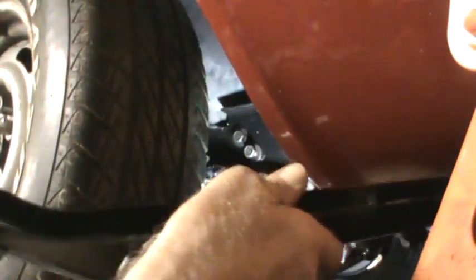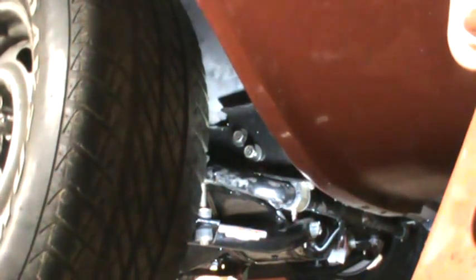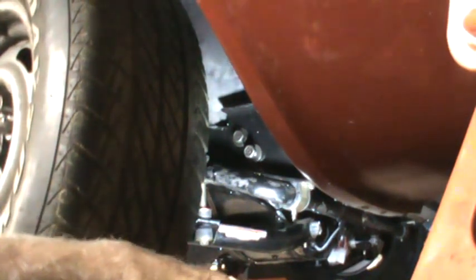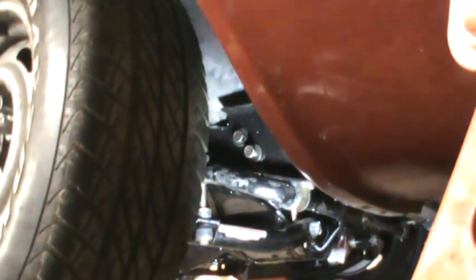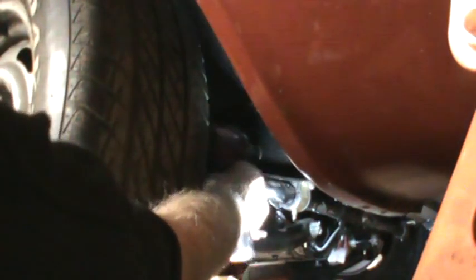It goes in through there and then through a spot in the inside of the fender there, which I will show you whenever I move this. But for now, I'm going to take out the second bolt,